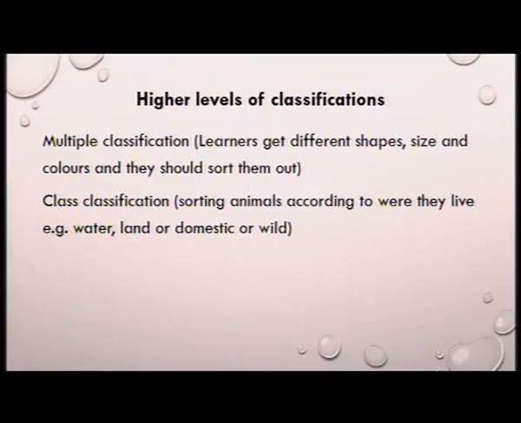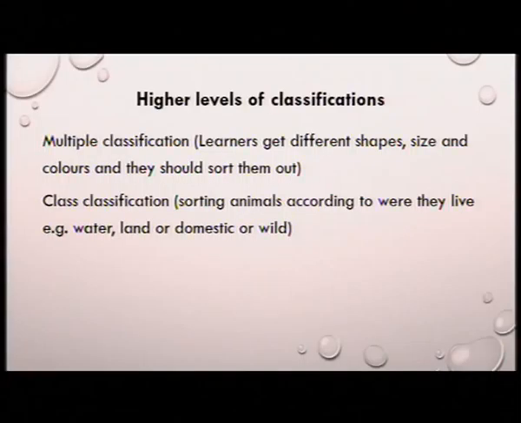And then they can have the kudu, the oryx, springboks and so on as wild animals. They are on land and so on. And you can help them also to divide between domestic and wild animals. Those domestic and wild animals are all land animals, but they have to be divided into subcategories, and that